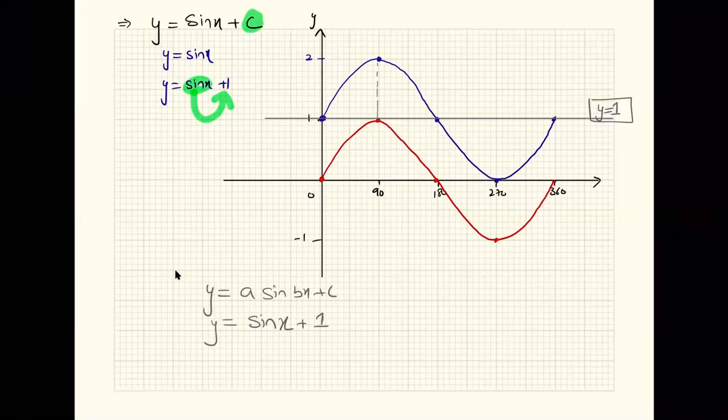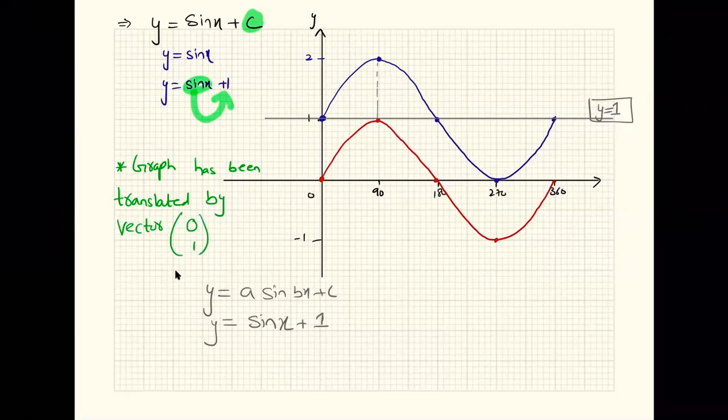ये वाला जो कर्व है इसमें क्या है, y = sin x + 0, अब हम प्लस 0 लिखते नहीं है, इसलिए y = sin x का ग्राफ है, ठीक है. So this over here is responsible, and you can say that the graph has been translated by. Now, if you guys are familiar with the concept of vectors, you are going to see over here that the graph has been translated by the vector (0, 1).